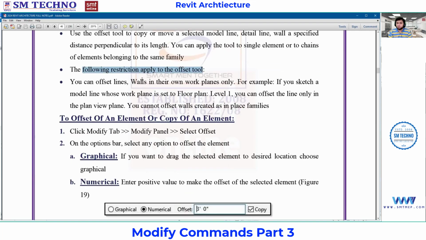The following restrictions apply to the offset tool. You can offset lines and walls in their own work planes only. What does this mean? Whenever you work with the floor plan, it will work only with the floor plan. Like you're working with level 1, so the walls of level 1 should be visible. If you want to modify anything in level 3 while opening level 1, it won't be visible. The lines may be visible. You can go to the view settings and make it visible. But